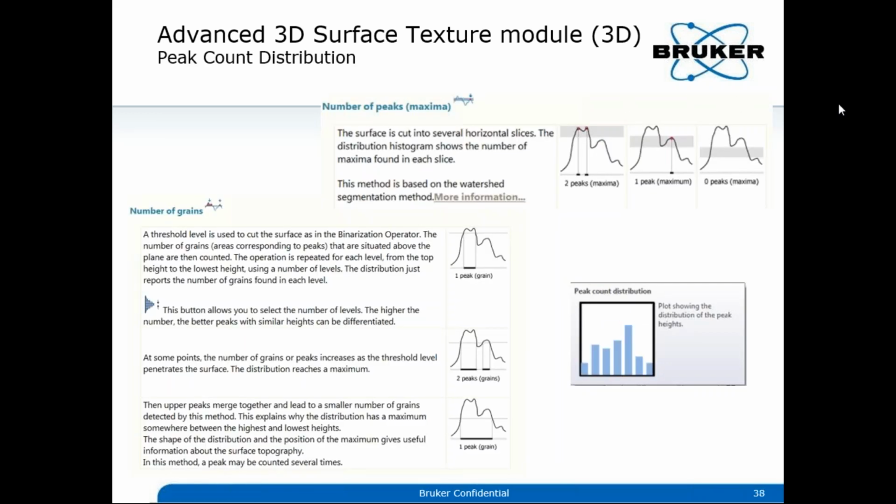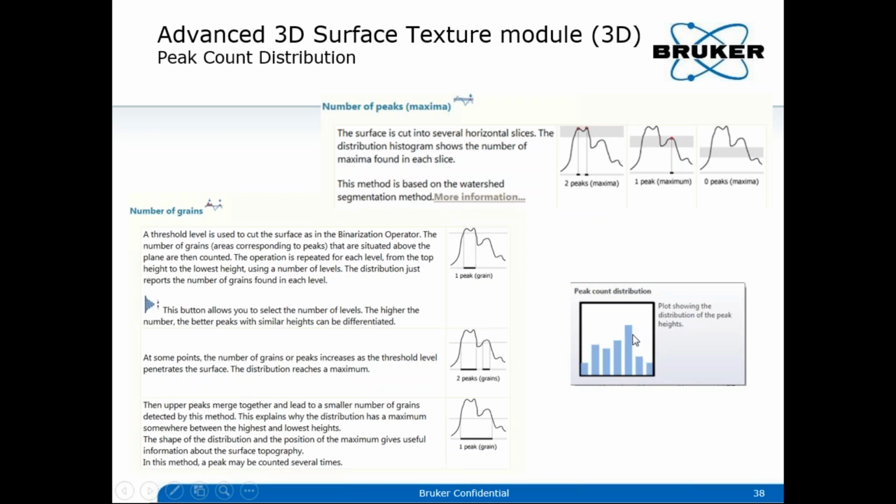There is a peak count distribution analysis as well that comes with the software. Here there are two examples: number of peaks, and there is a definition of what a peak is written here. And there is also number of grains from the surface, and there is also a definition of what a grain is. A threshold level is used to cut the surface, and from that definition, the software will calculate and then report the